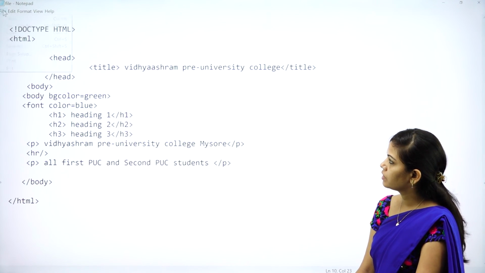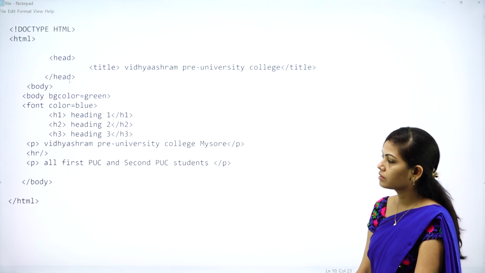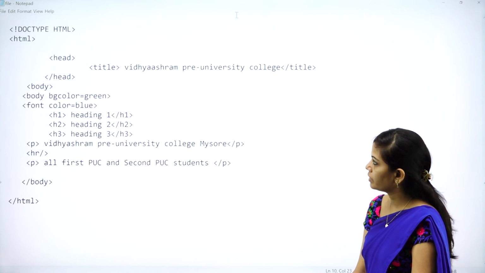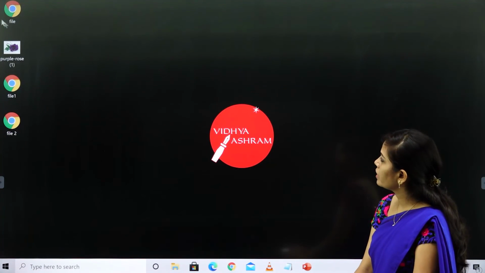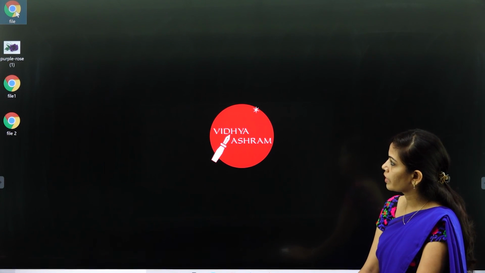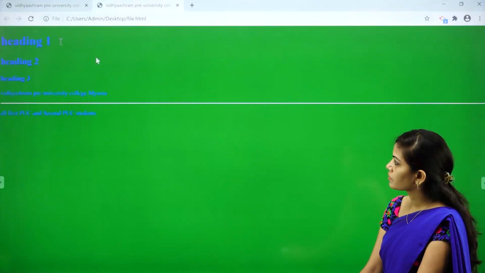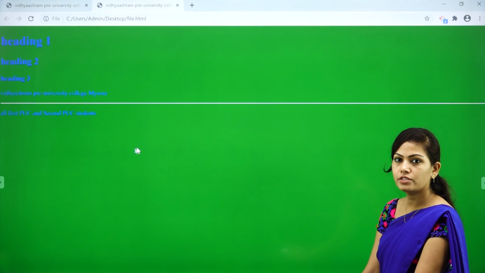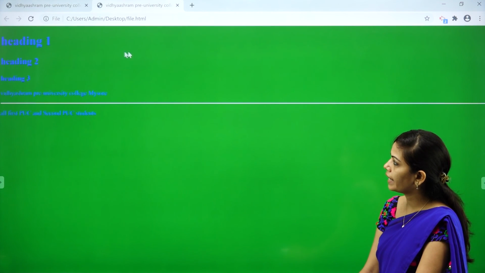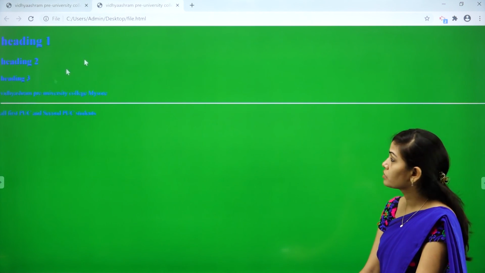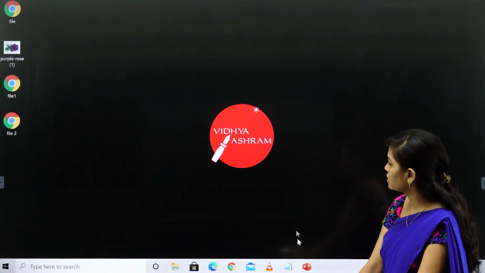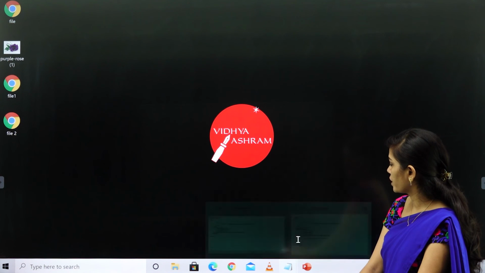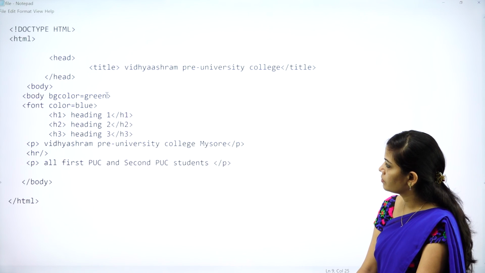I will save this file again, Ctrl S, or you can go for command, and minimize this screen and open this. So I have changed the font color and screen color also. Again, if you want to make any changes of the colors, you can change the color.